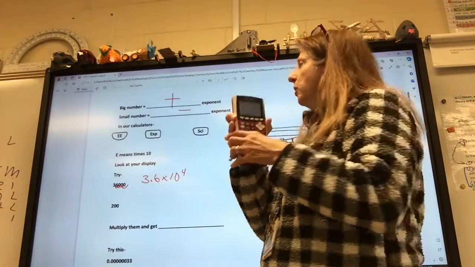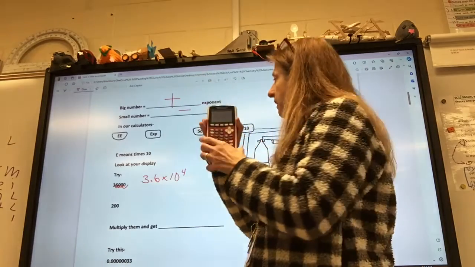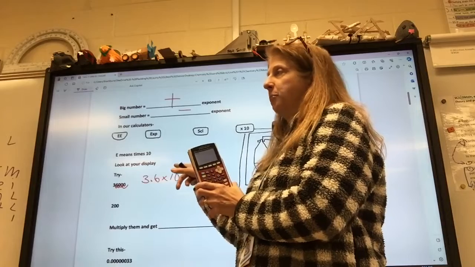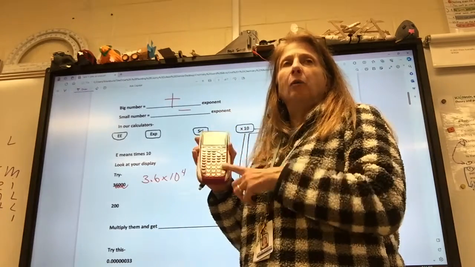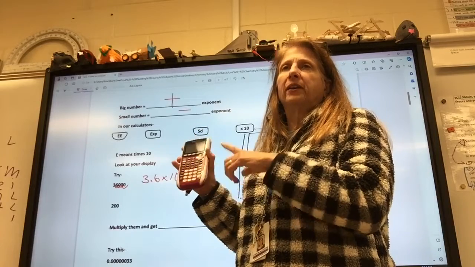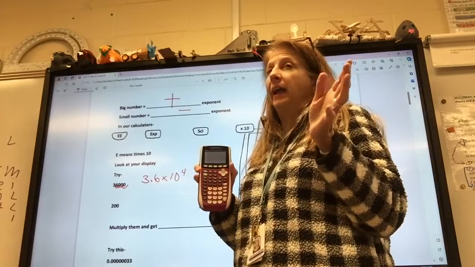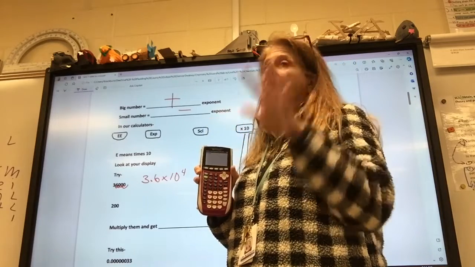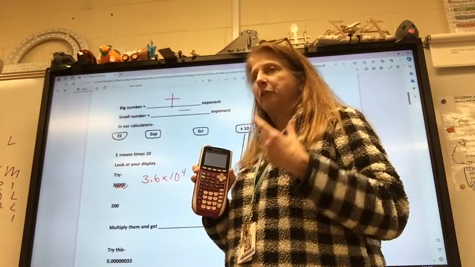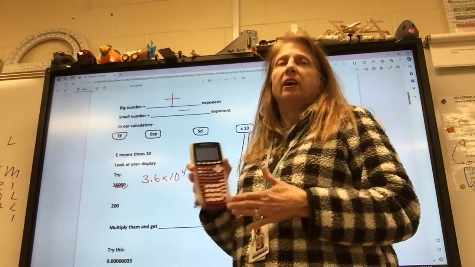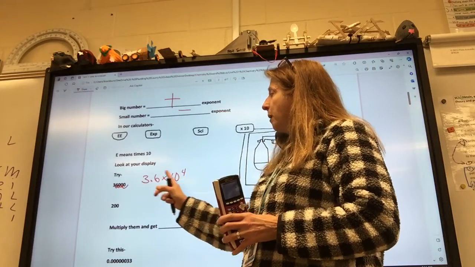Now, would it work if I did 3.6 times 10 up arrow to the 4th power? Sometimes yes, but sometimes no. So I want you to get in the habit of always putting scientific numbers in your calculator, because it'll work for you one day, but then when you're doing the test, it's not going to work for you, and you're going to get it wrong, and you'll be like, what did I do wrong? And I can't explain to you why the calculator does it wrong sometimes.